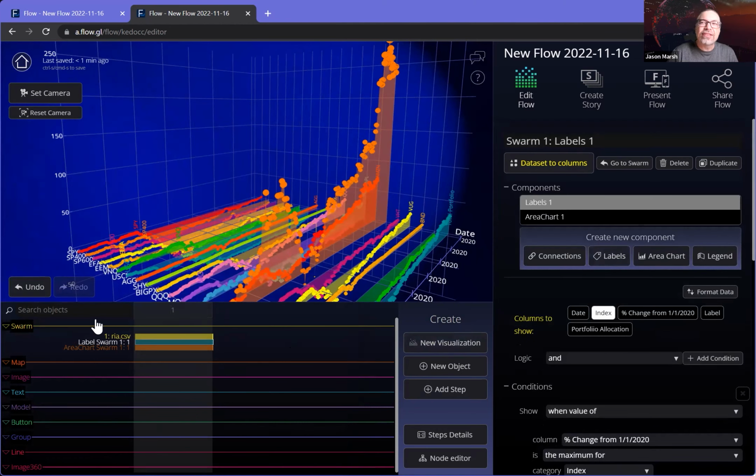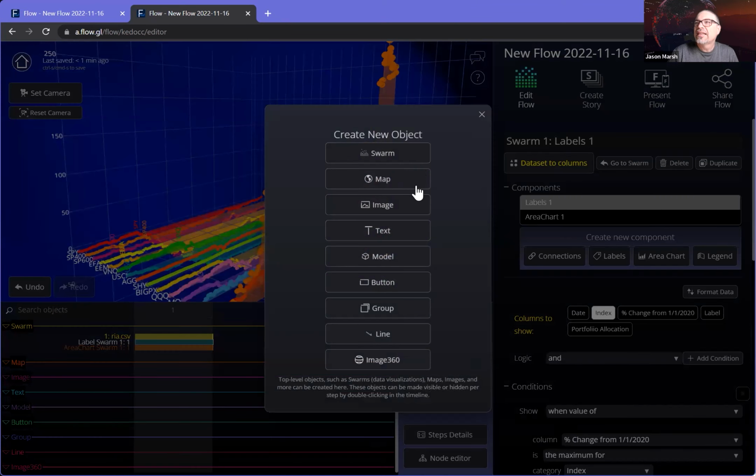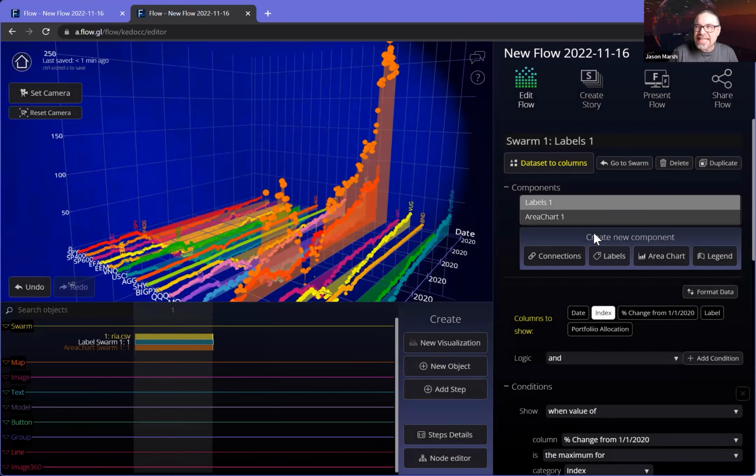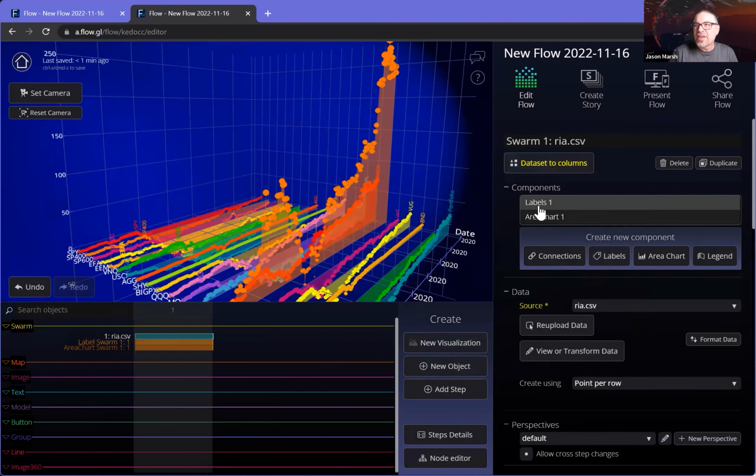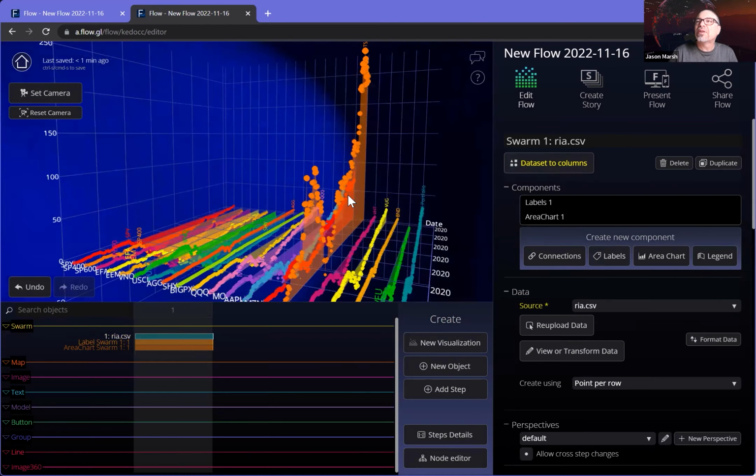A few other little changes for people who have seen Flow quite a bit. There used to be new swarm and new creation methods here. We've taken all those and dropped them under a new object button. It helps clean up the environment, the user interface quite a bit. We have also changed the way you can navigate to the components. So if you're working in a swarm, which we are here, you can see what are the parts and pieces of that swarm that we are